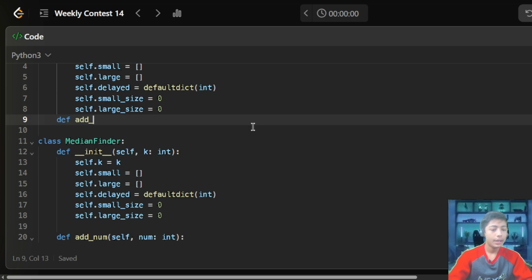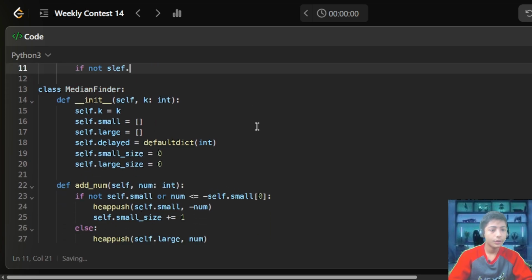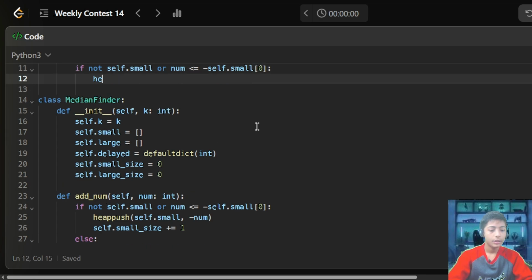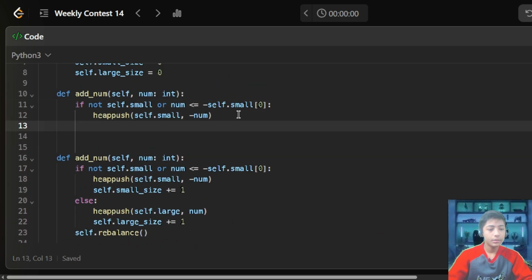def add_num(self, num: int). If not self.small or num <= -self.small[0]: heappush(self.small, -num), then self.small_size += 1.